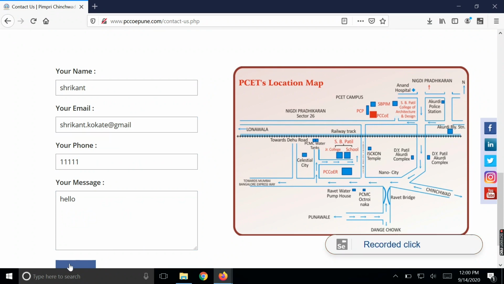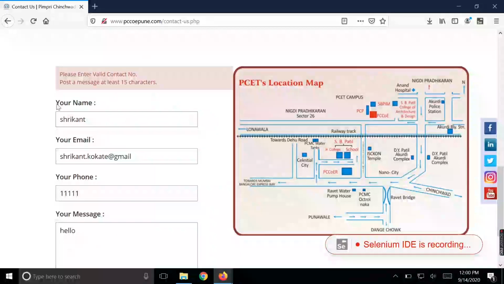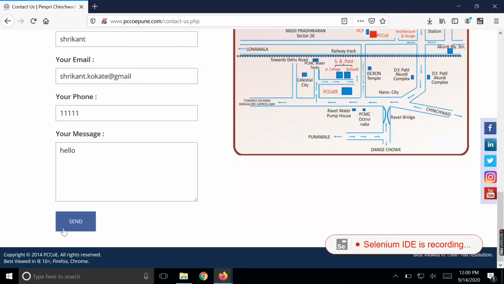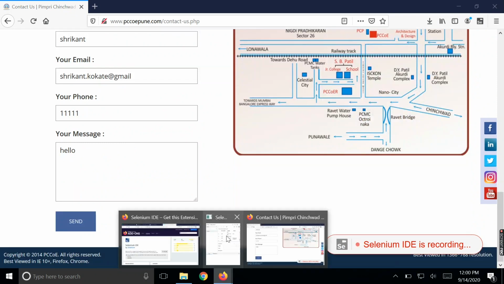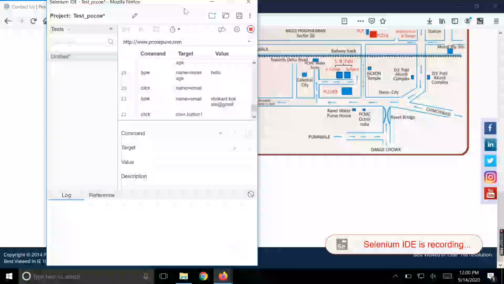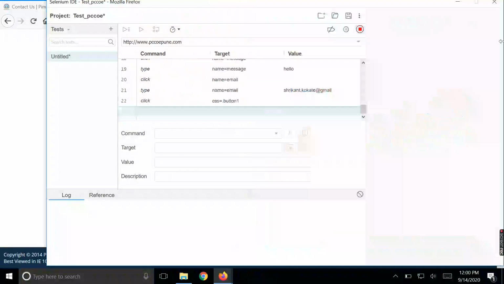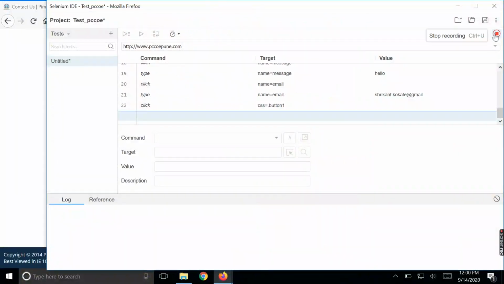So if I click this, it will not save because of a JavaScript error, but the activity interaction that I have performed with the website is a type, because in the text box I typed something and then finally I clicked on the send button, right? So all my activities are recorded as test cases, and this is available with respect to the page.